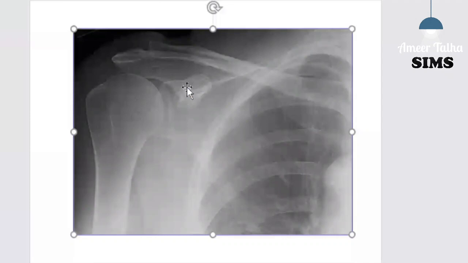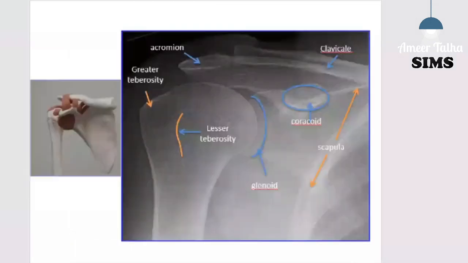So coming towards the next one, which is showing the bony features by the arrows. So in case of examination, if the clavicle is having the pin applied here at this point, you will write it as the acromial end of clavicle.